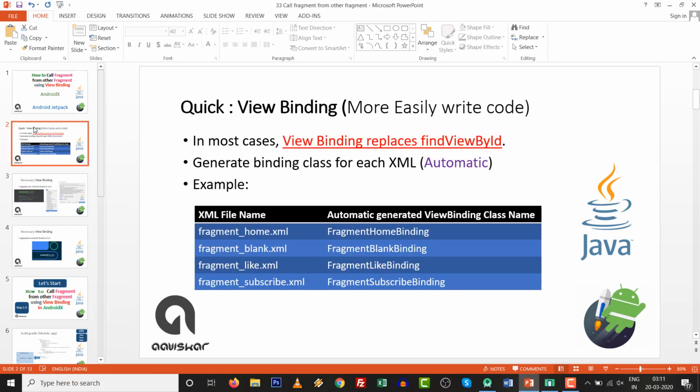So let's quickly review ViewBinding. In most cases we use ViewBinding to replace findViewById, and we can easily do the code. No more usage of findViewById. So when we generate any file, then as per the layout file or XML file, an automatic view binding class will